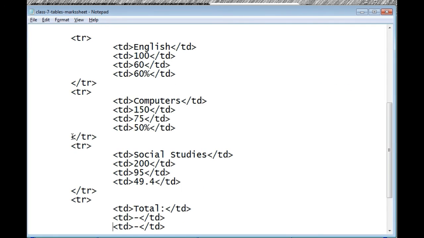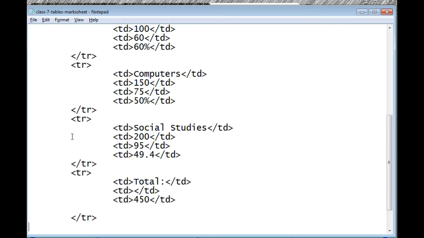In the total column, I will write total is 450, and total marks are 450.